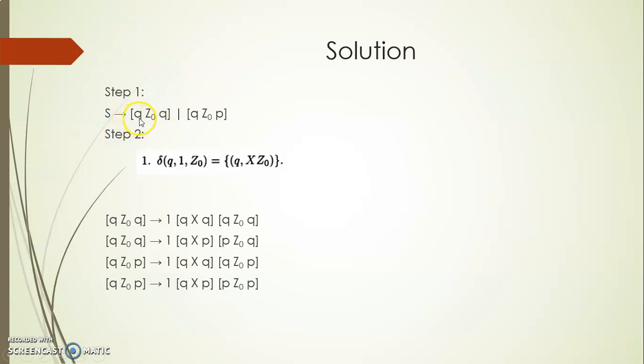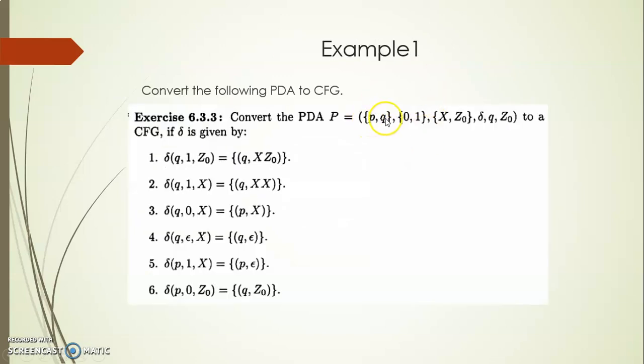So Q, I'm repeating, S is nothing but we have assumed that S is the starting symbol of the context-free grammar that we are going to construct, followed by the production symbol. And in this algorithm, the output of the context-free grammar, each symbol is made up of a triplet. So one state, then stack symbol followed by another state. So here in the starting symbol, Q is the starting state, Z0 is the bottom of the stack, and the third parameter is the set of all states present in the PDA. So here in the given question there are two states, say P and Q.